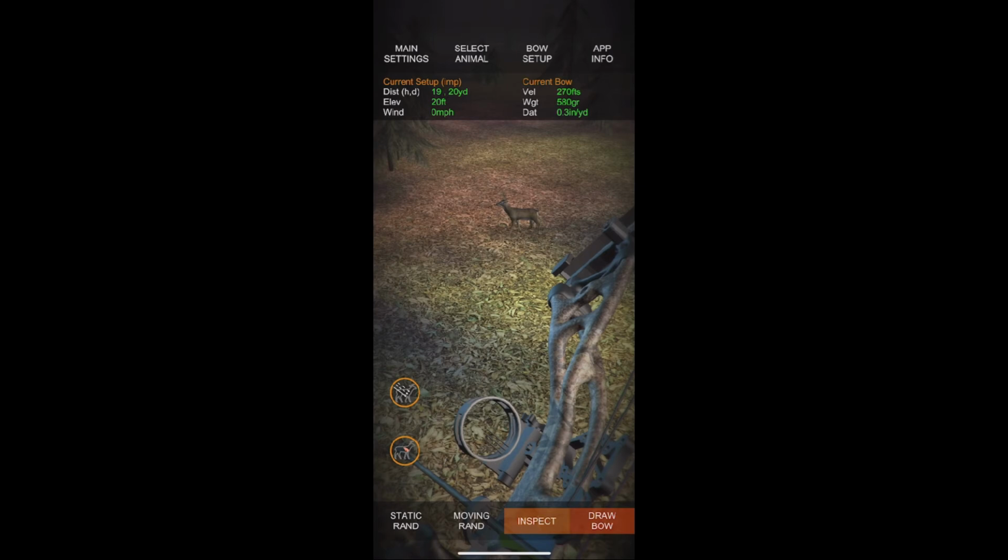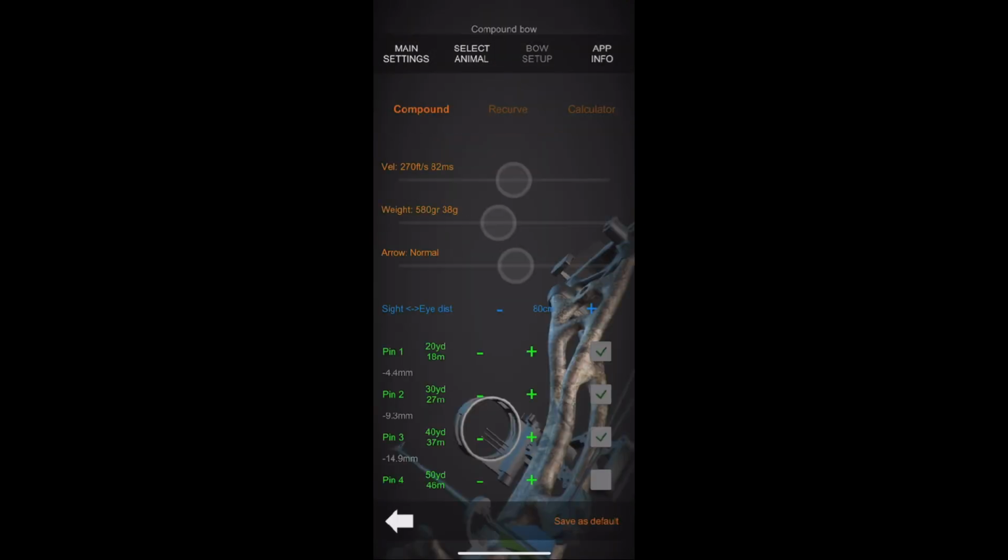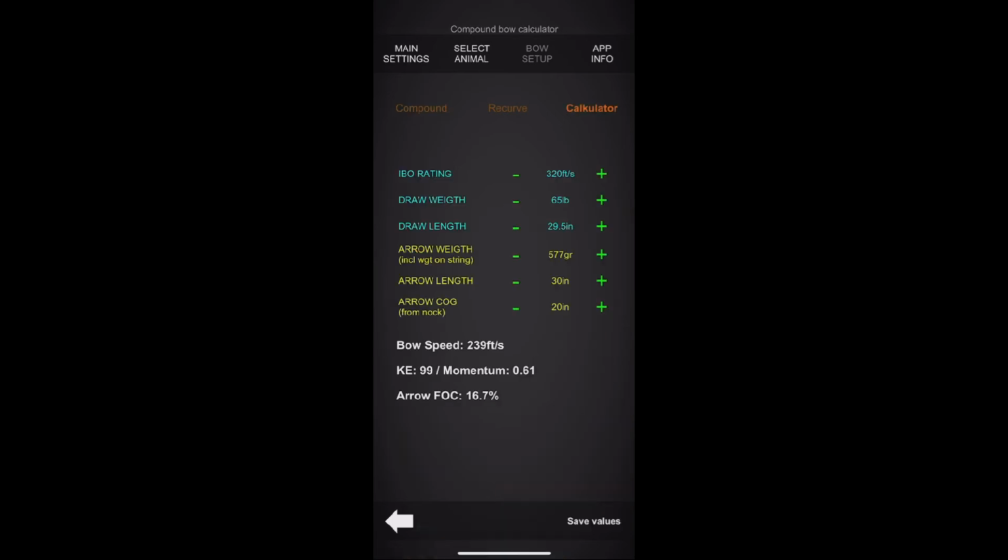Finally, as a bonus, I want to show you something that you can do with this if you can't go shoot your bow through a chronograph and find out exactly what's going on. This will give you a ballpark idea just by inputting some information from your setup. So if you input the IBO rating of your bow, your draw length, your draw weight, draw weight up here, draw length down here, your arrow weight,